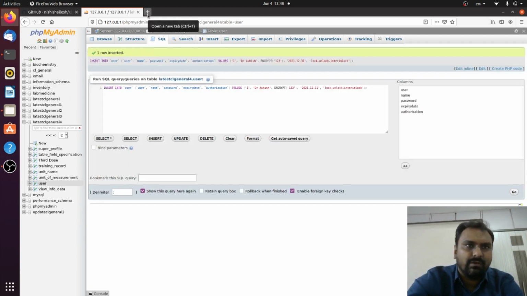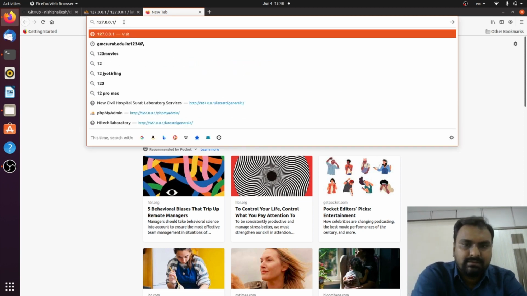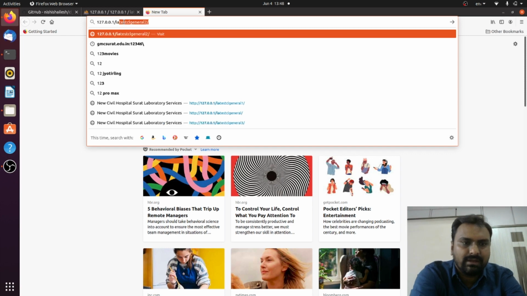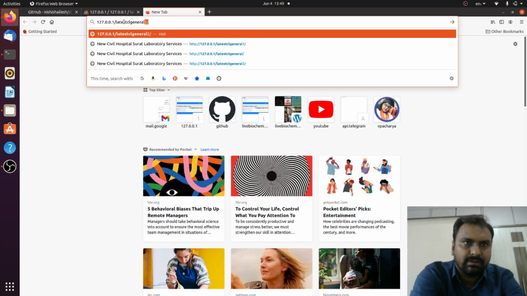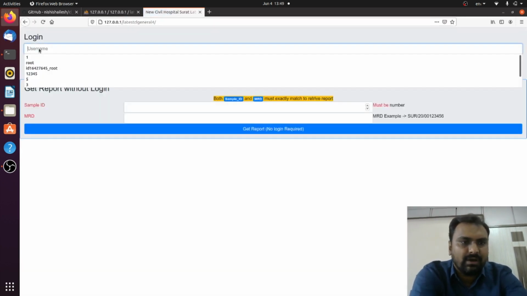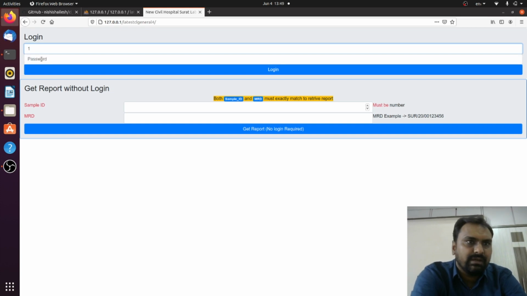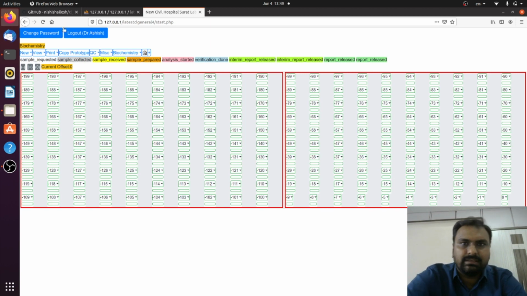So now you can go to the browser and type localhost 127.0.0.1 and you have to write latest CL General 4. Okay, so you can see username, password. Now you have to write user, that is 1, and password 123. Okay, so now you can access this software.